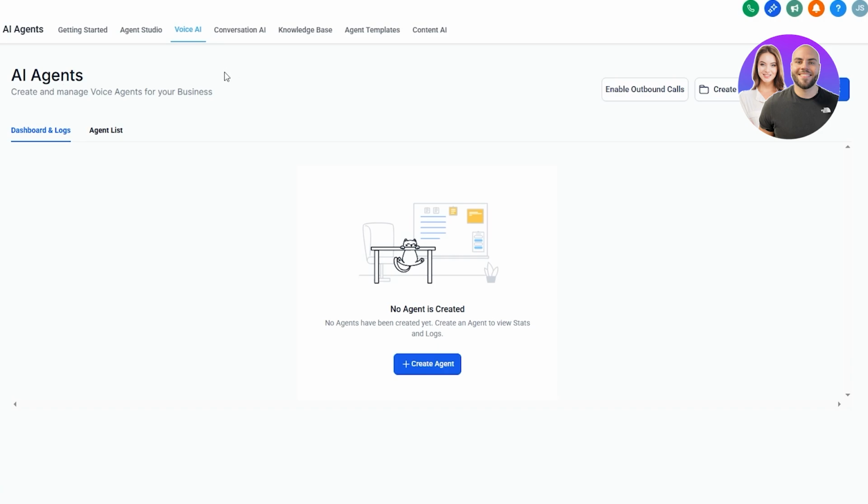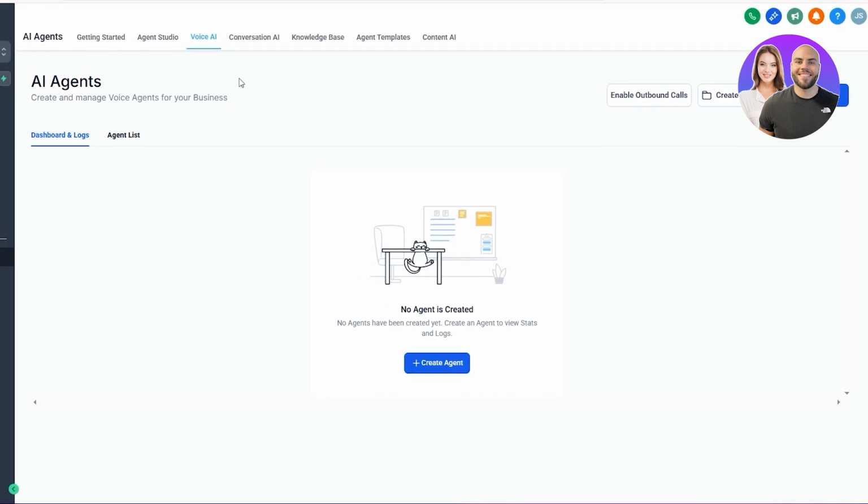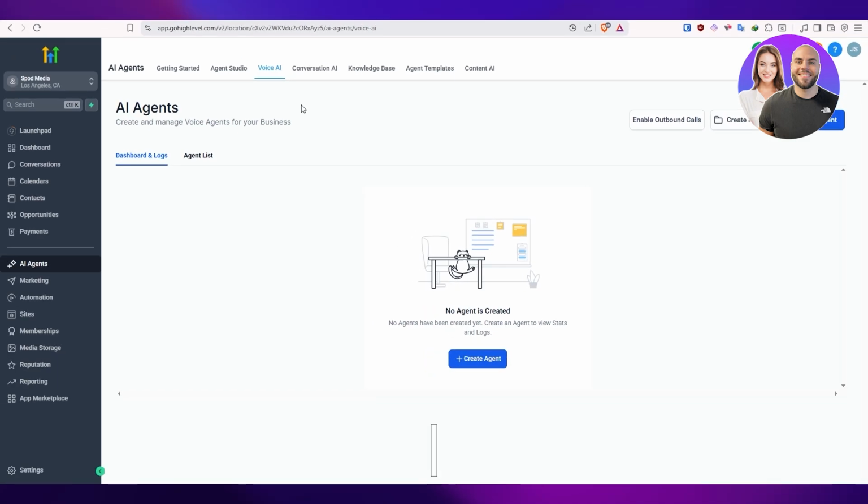So you've got content AI, you've got conversation AI, you've got the agent studio, you've got the reviews AI. So they have no shortage of AI. Make sure you're taking full advantage of all these options. These were all the cool AI features that